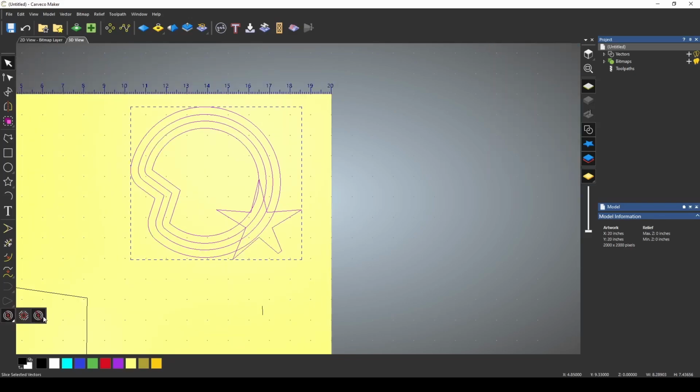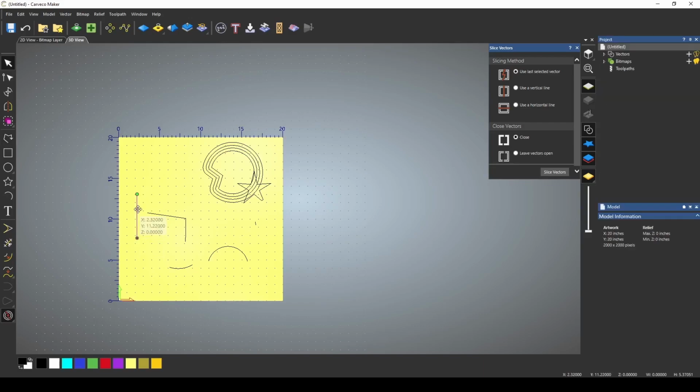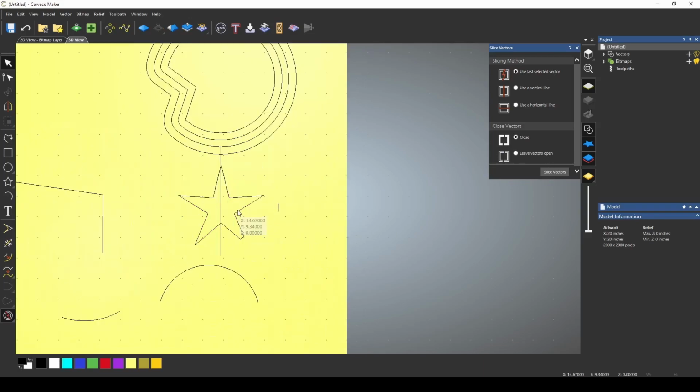And lastly, we have our vector slicing tool. This tool, you just need a slicing vector. You put that vector on whatever you want to slice, and let's use our slicing vector to slice this star in half. So we want to pick the star first and then our slicing vector. Use last selected vector to slice, and we have it on closed vector. So if we slice, this is going to cut our star in half, and because we had closed vector, it created a closed line to close that vector.